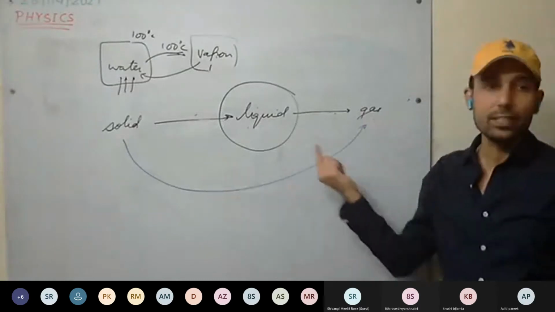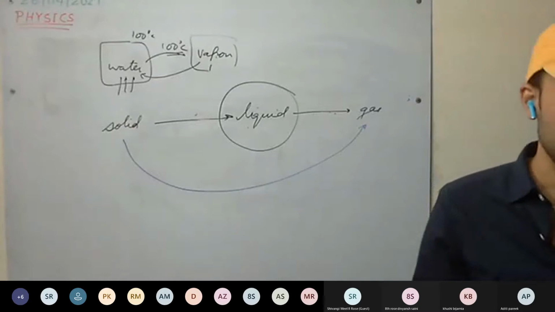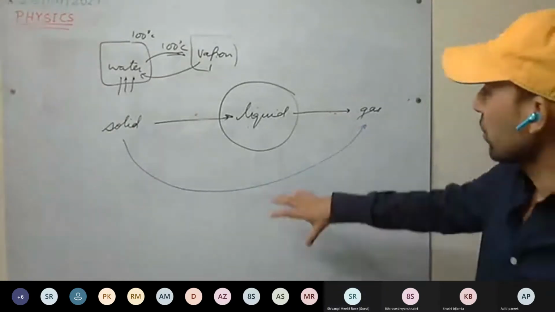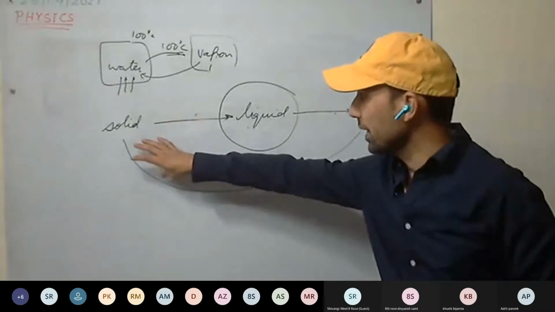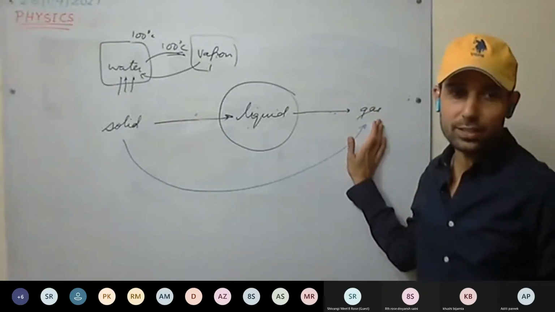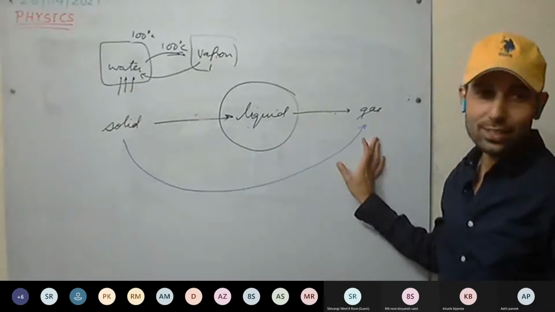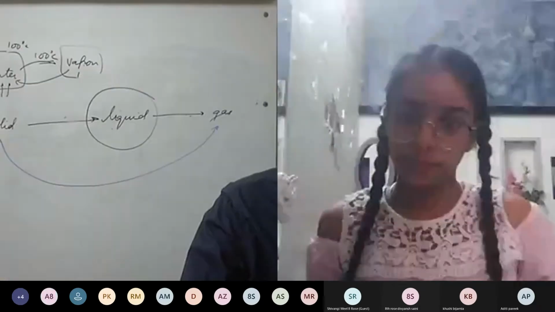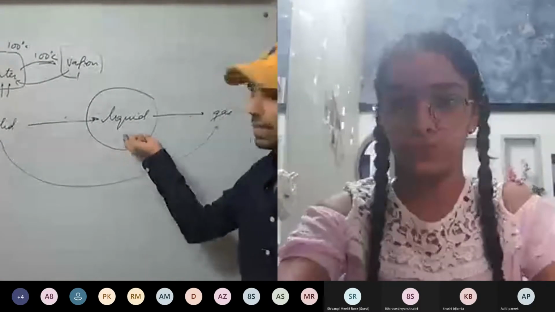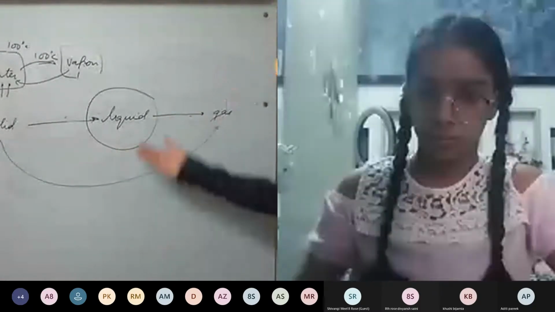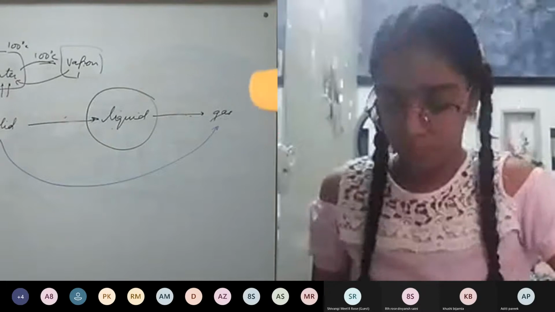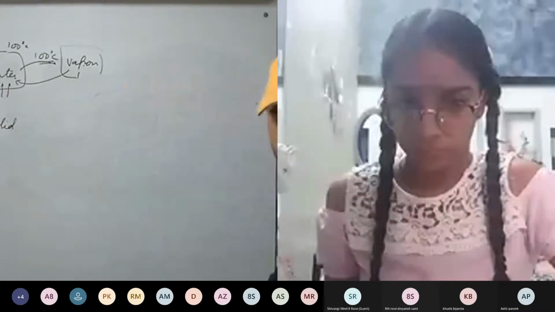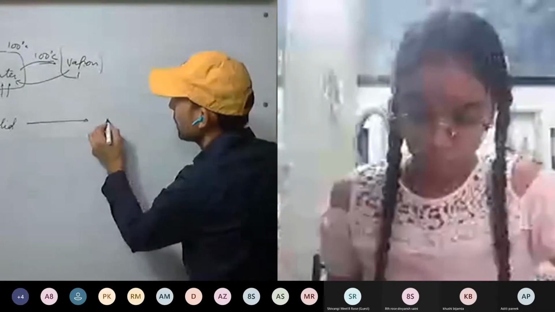And this phase change, this conversion is called sublimation. So sublimation is the process of transformation of a substance from its solid state directly to its gaseous state. It does not pass through the intermediate liquid state. So we have bypassed the liquid state. So substances directly convert from solid to gas.